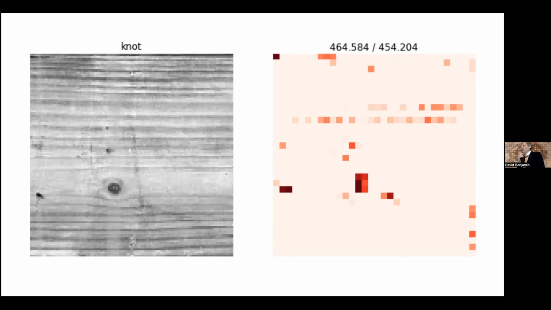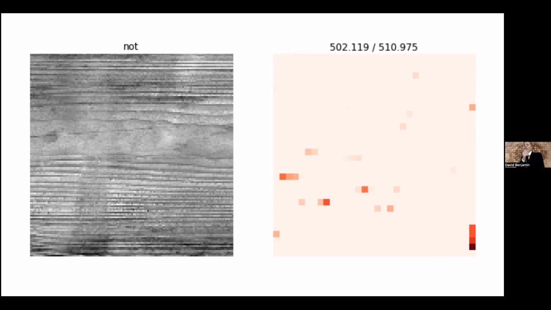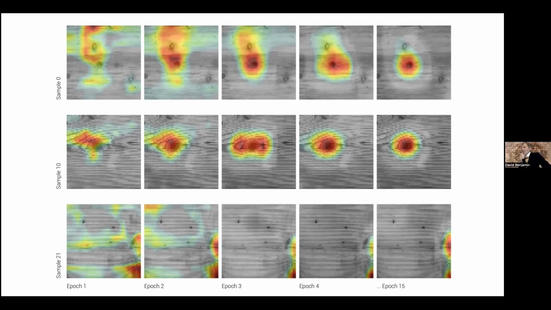And after the humans classified a few hundred of these pictures, we trained a computer system to classify the remaining thousands and thousands of pictures. Here's the computation guessing at where the knots were in a photo that had never been seen by a human. And one thing that was very interesting to us, this is just a different view of it, the computer learning from left to right where it thinks the knot is. The computer was able to look at a new photo and not only figure out if it had a knot, but also where the knot was located, even though the human had never said anything about the size of the knot or the location of the knot.